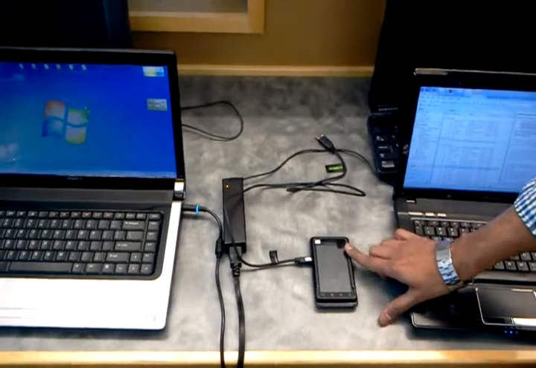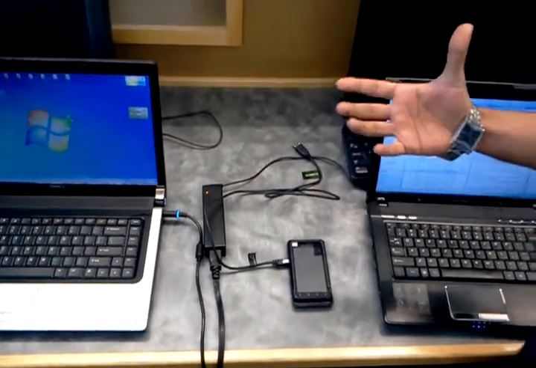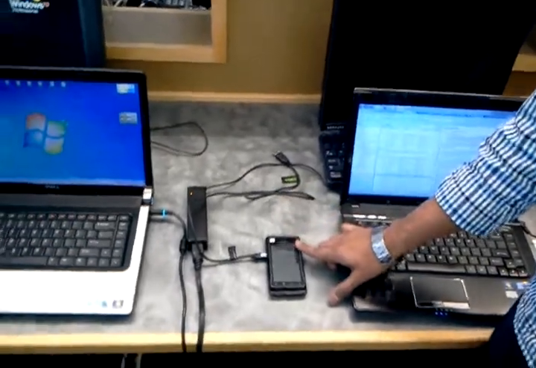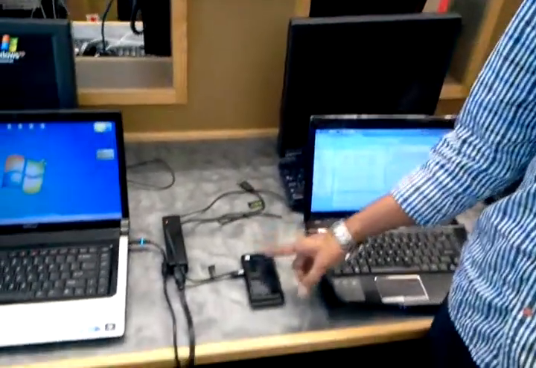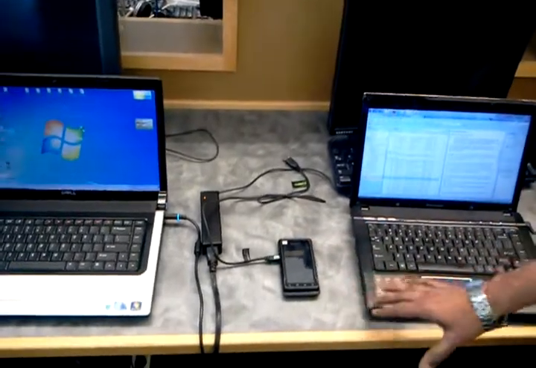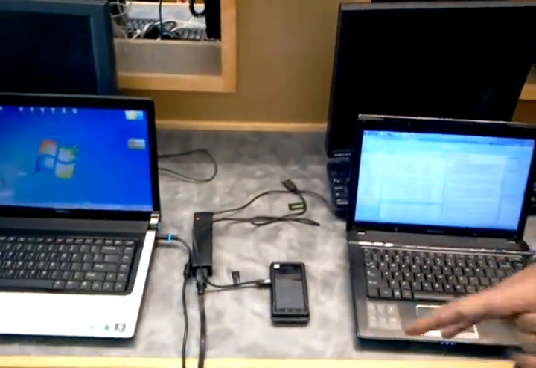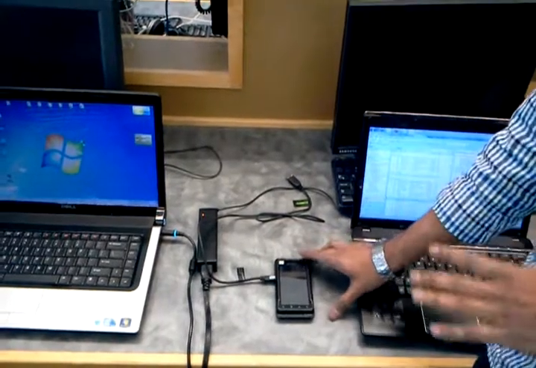Rooting is a procedure where you need to enable the super user permissions of this phone in order for the application to access the radio and antennas of this device. We won't be covering the rooting procedure in this video demonstration, because it takes approximately 3 to 4 hours to root this device.